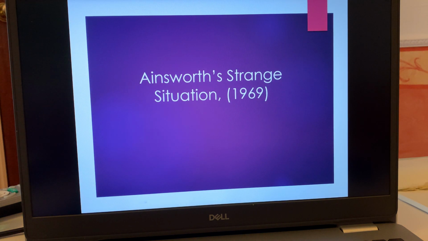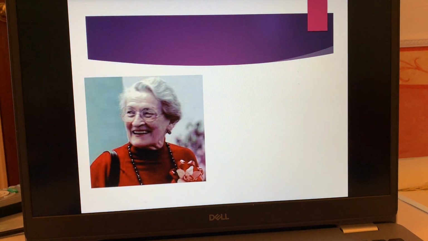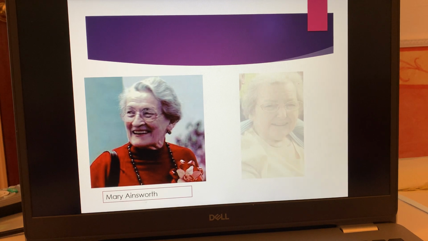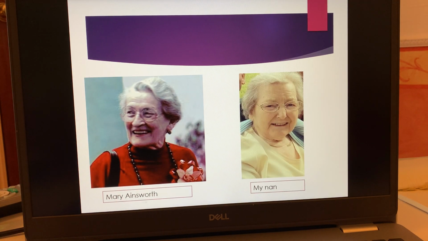That is the procedure. Mary Ainsworth is our psychologist in this section. So here she is, Mary Ainsworth. And this is my gran. Oh, how cute is my gran? Honestly, she is so cute. My hero, 100%. But they are so similar.